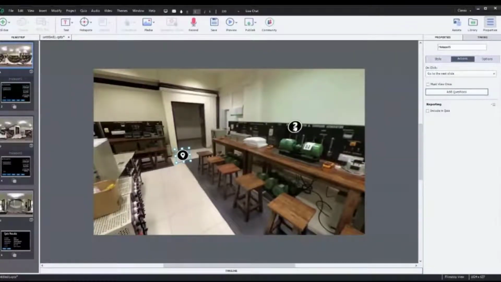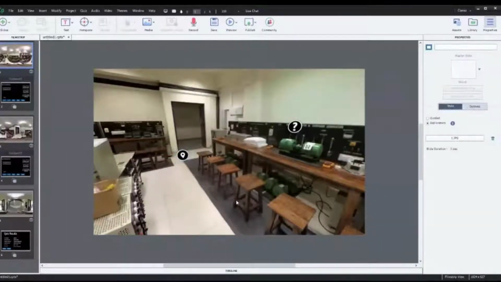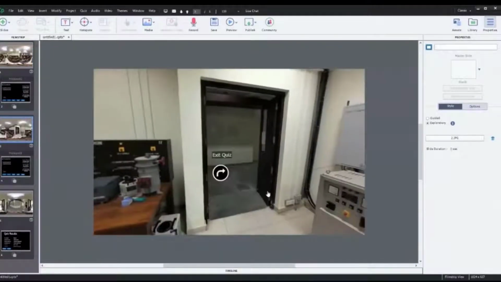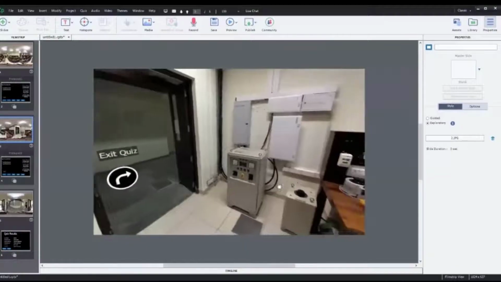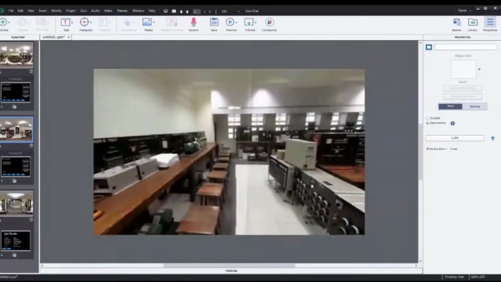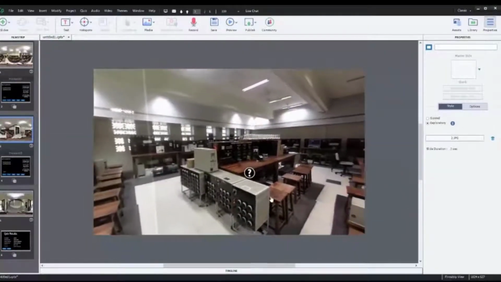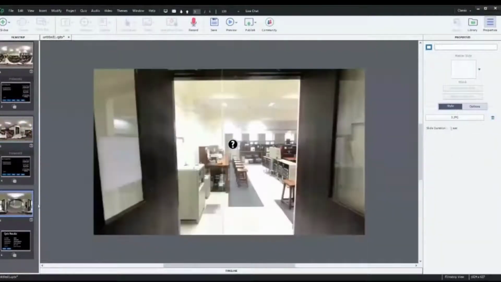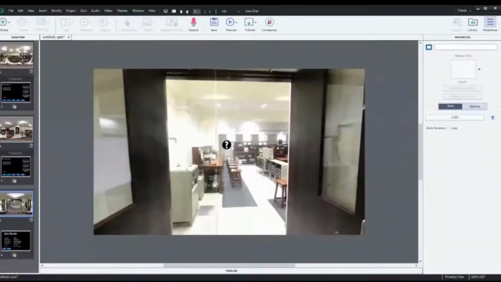What happens here? The next slide is the question slide, right? After this, they will be back on this screen and they should click here to go to the next scene, which is this view. Now, when the student comes to this scene, I don't want it to be facing exit. I want it to be facing here. Okay? So in whichever view you want the student to be spawned into in the scene, that is where you leave your project at. And this one we had already set here. Now we go to preview.